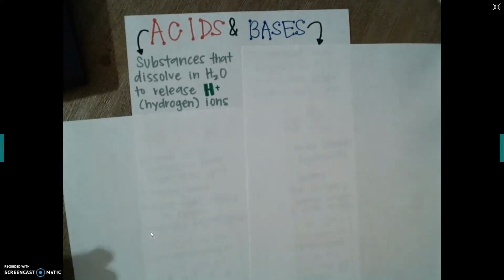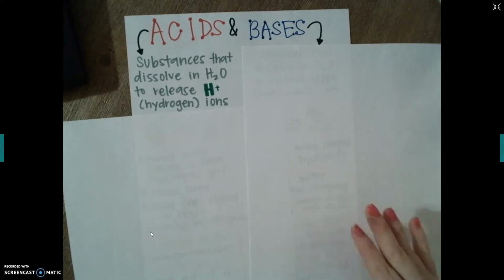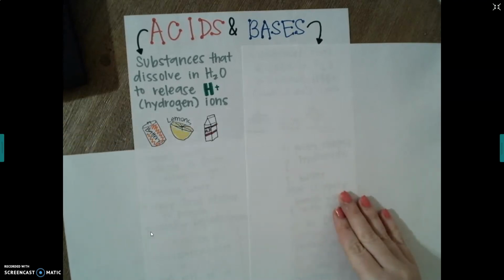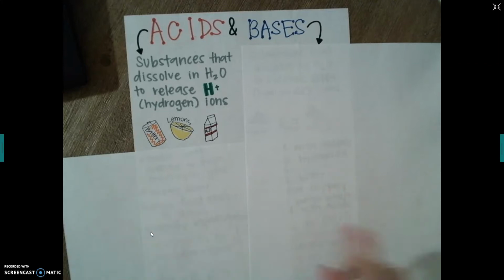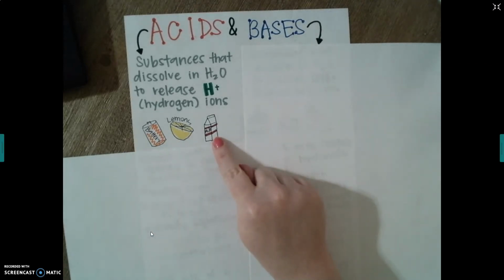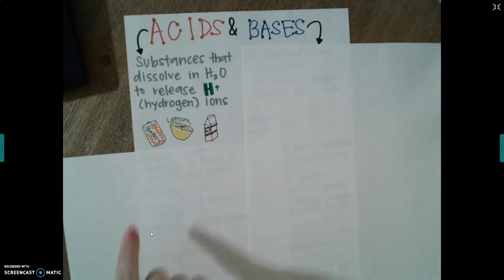All right, some examples of acids that you may know are going to be battery acid, lemons, and this one's a little hard to see, but this is a milk carton. So batteries, lemons, milk, all of those are examples of acids. If I were to mix them into water and dissolve them, they are going to release hydrogen or H plus